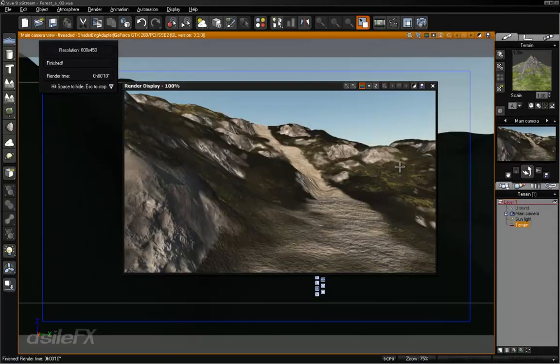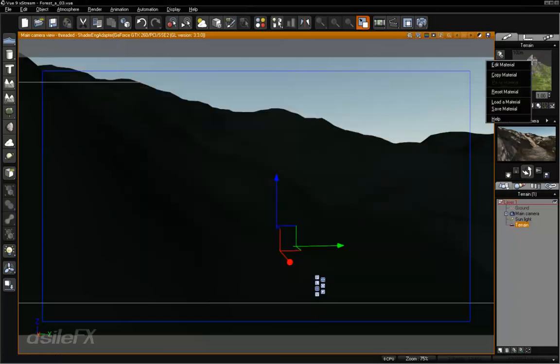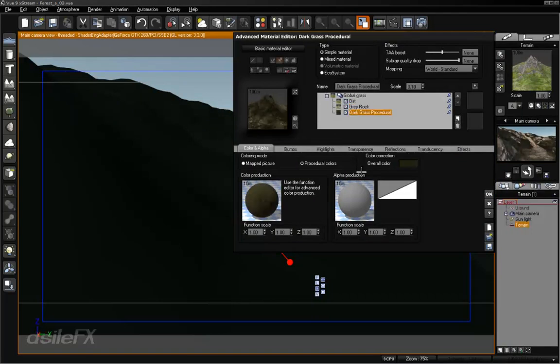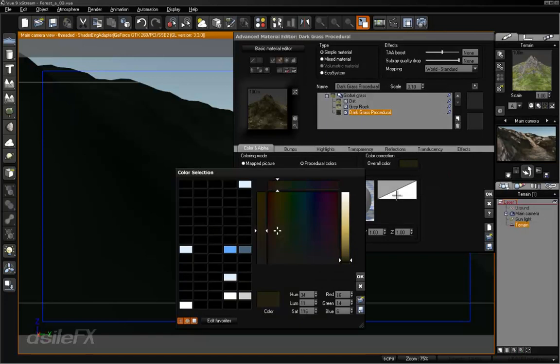So I can fine-tune the color a little more, maybe lighten it up in the color map, since it is showing a little dark, and the way that blends with the other materials doesn't look great. Or we can go into the material itself. There's two different ways we can modify that. One way is to just adjust the overall color, which is that approximation of all of the colors combined. If we lightened that up just a tiny bit,